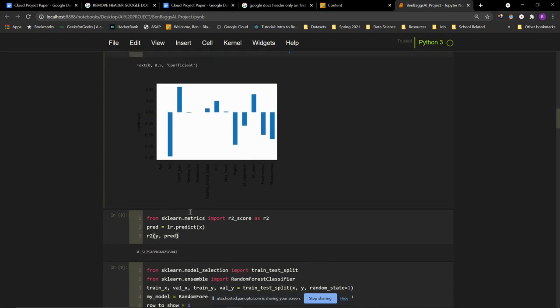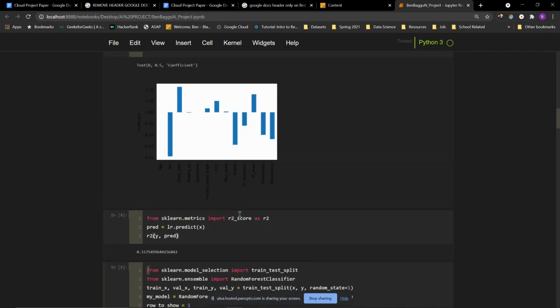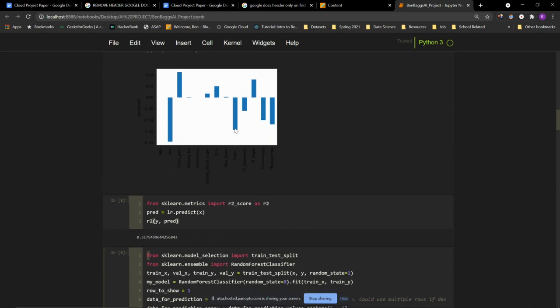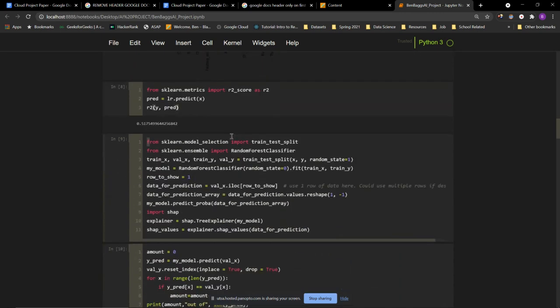From there we have our R2 score, and that basically sets a benchmark for the mechanics of the experiment, just to see how we come up in the final value when we test our own algorithm. In addition to the linear regression, also from sklearn, we have a random forest classifier of decision trees. So we do the test train split. We make our model and train it with the training data,